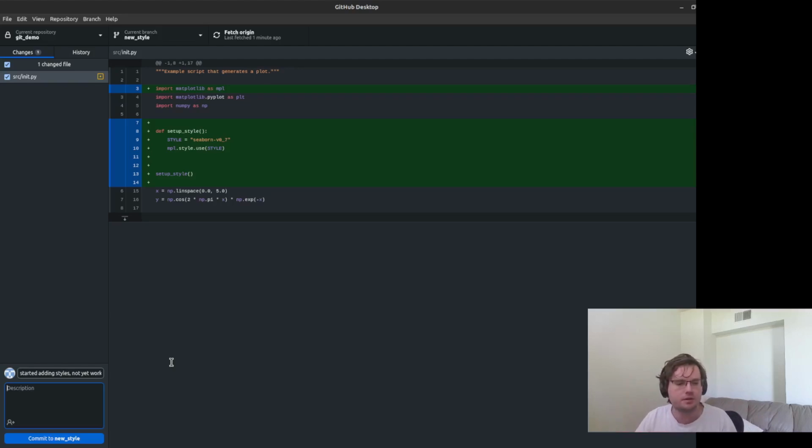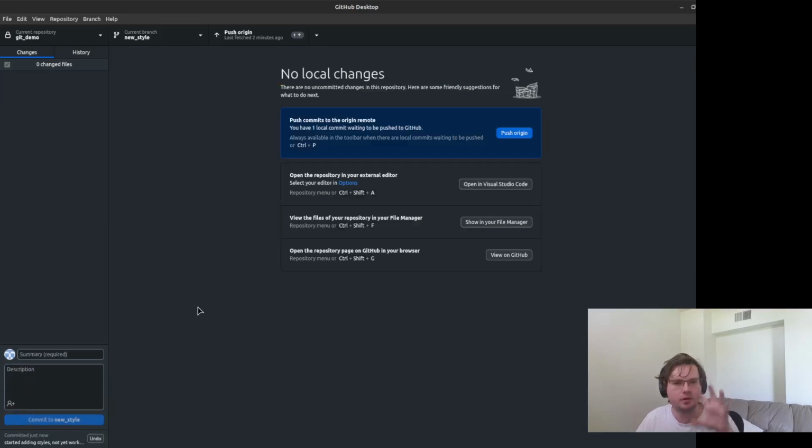And so I'll just say, started adding in features to change the plot style, but there is still an unknown error. So I'm going to commit that, and that's saved it locally to that state, and I'm going to push to origin. This actually prompts me a little bit here to do it, but you can just click it. Either one is fine. It's the same thing.